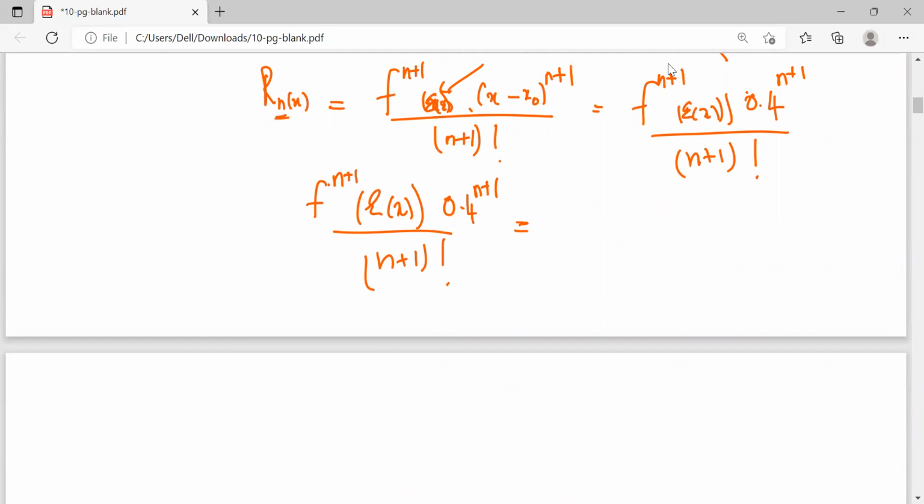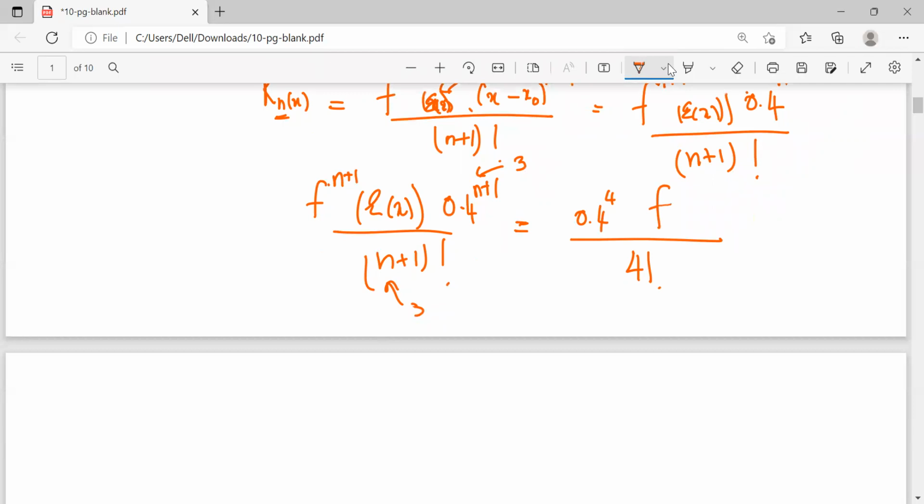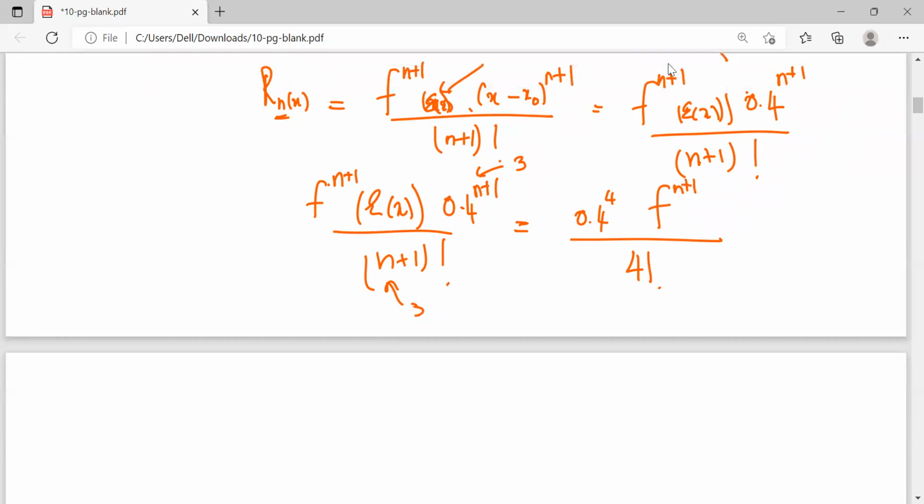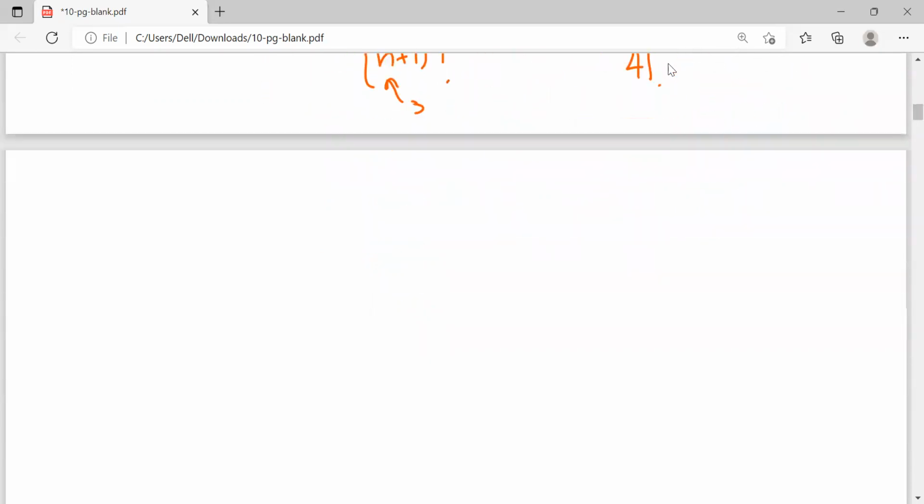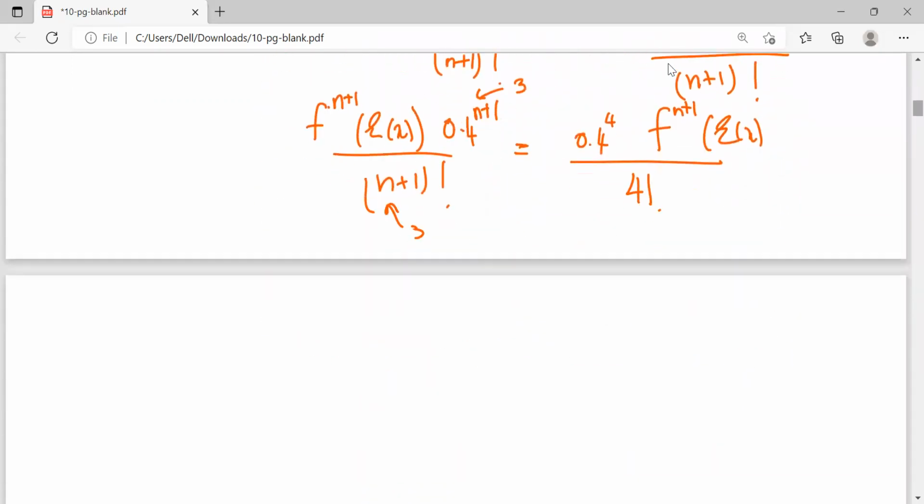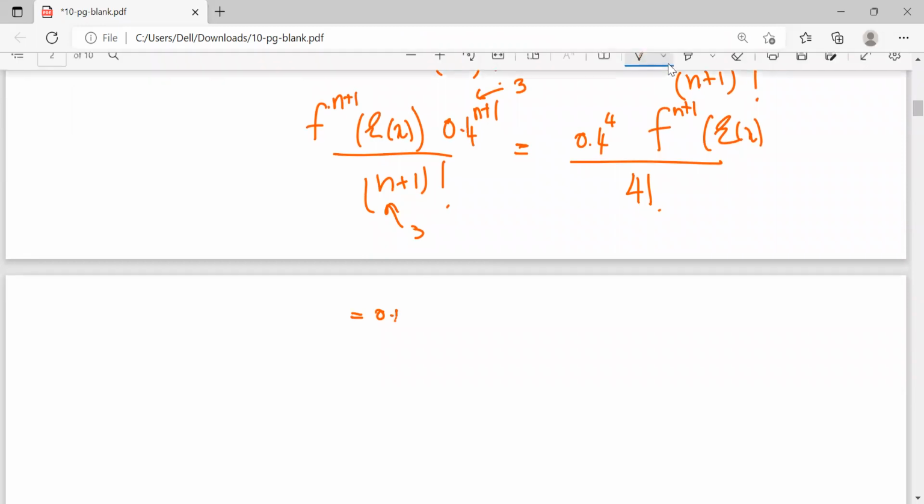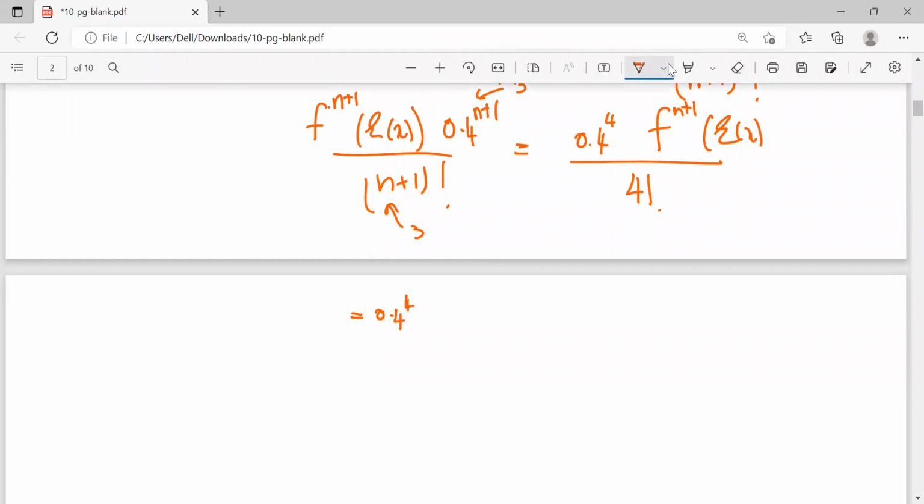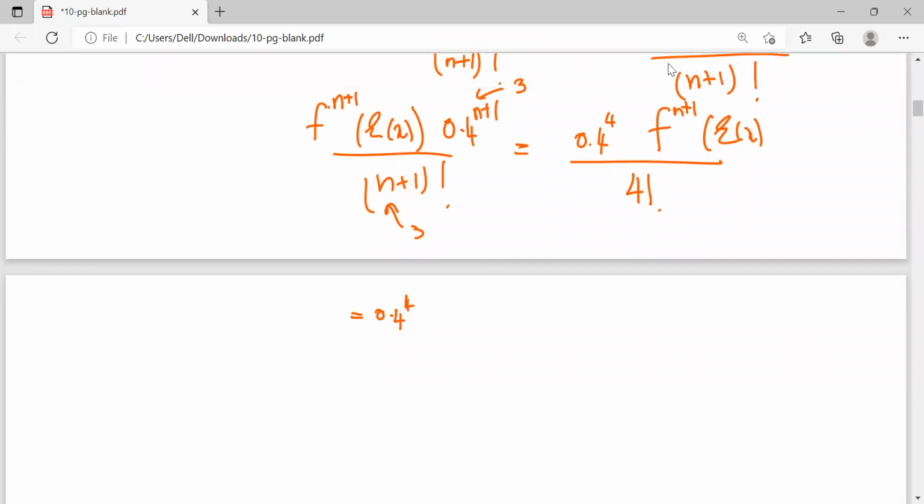The Taylor polynomial n we have taken is n equals 3, the third order. So it's going to be 0.4 to the power 4 divided by, if you substitute 3 over here, 4 factorial, and it depends on f n plus 1, the value of epsilon x. So let's substitute the value again. It's going to be 0.4 to the power 4 f n plus 1, which means you need to differentiate the function